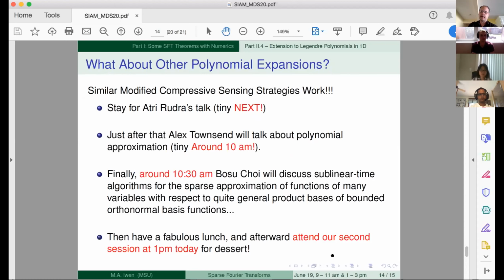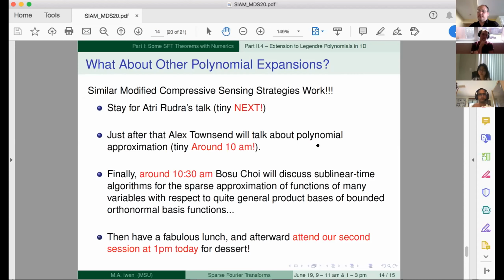The next talk right after me is going to be by Autry. And he's going to talk about what sort of results you can get in that context. So I hope you'll stick around and listen to what he has to say about that. Then after Autry's done, Alex Townsend is going to talk about, again, polynomial approximation and its interaction with sparsity. So very related. And finally, at 10:30, Bosu Choi will be talking about sublinear time algorithms for approximating functions